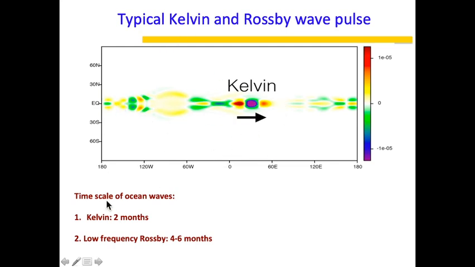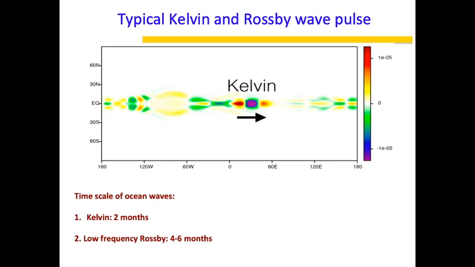Okay. Timescales of ocean waves, Kelvin, it takes about 2 months to cover. The reason it's 2 months long in the ocean is because oceans are very slow moving and very vast. That's why a Kelvin wave can survive for a longer time compared to the atmosphere. Atmosphere Kelvin waves have much shorter time scales. That is mainly because the atmosphere has more energy, so it will let the waves break down quicker.